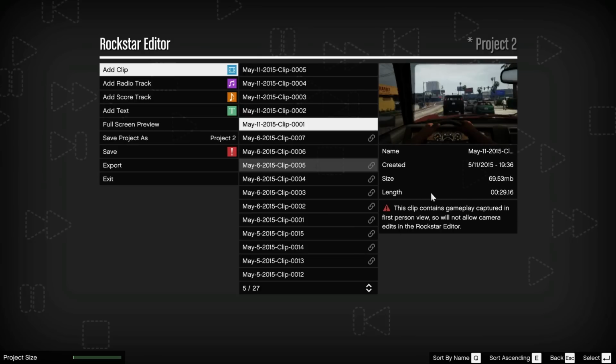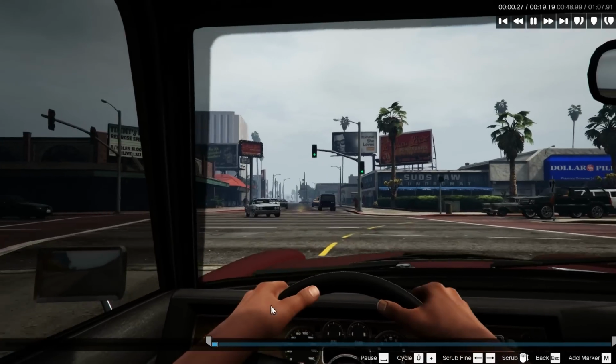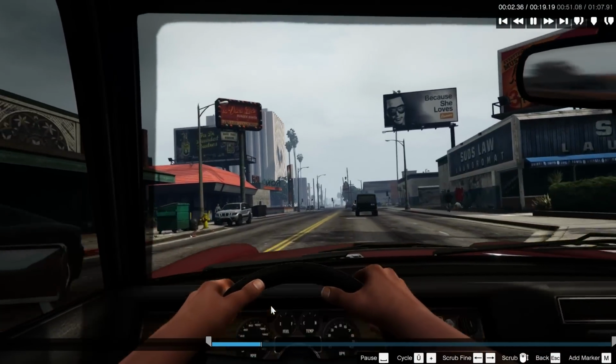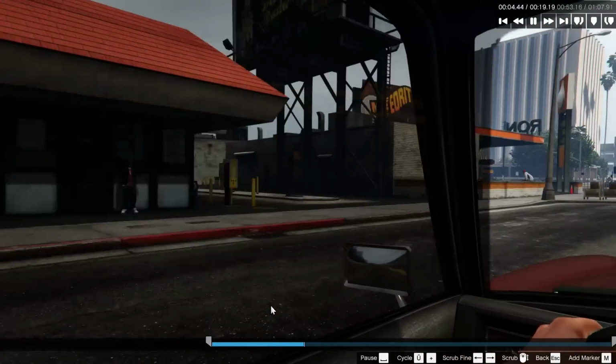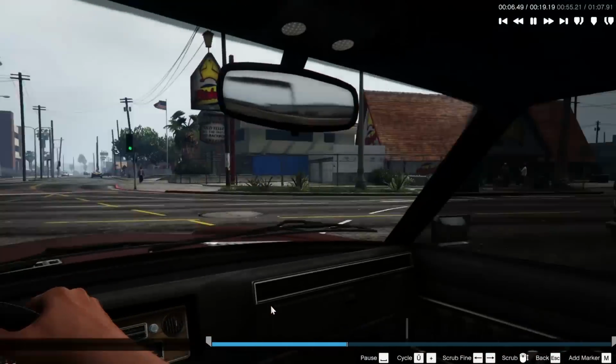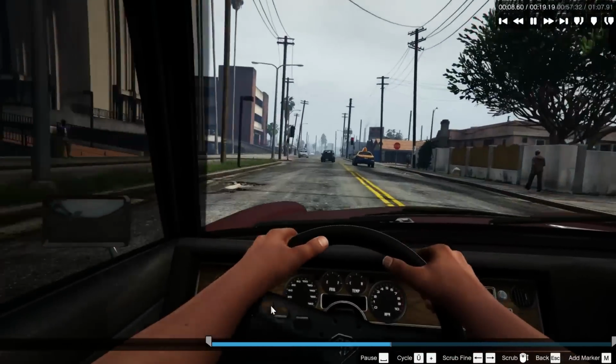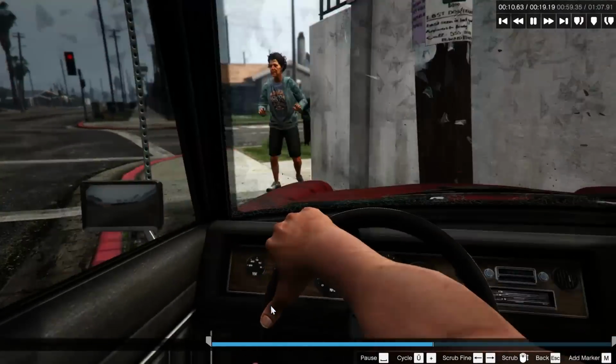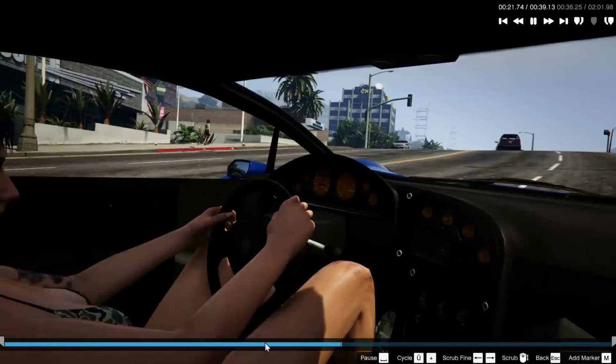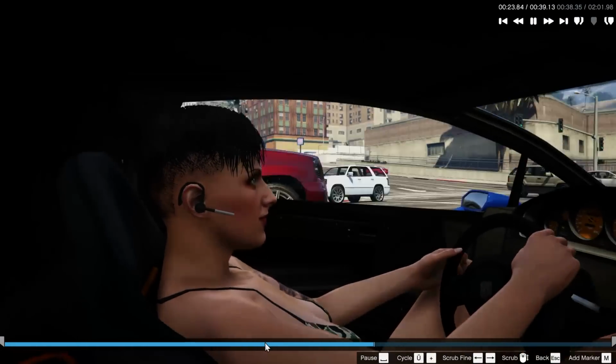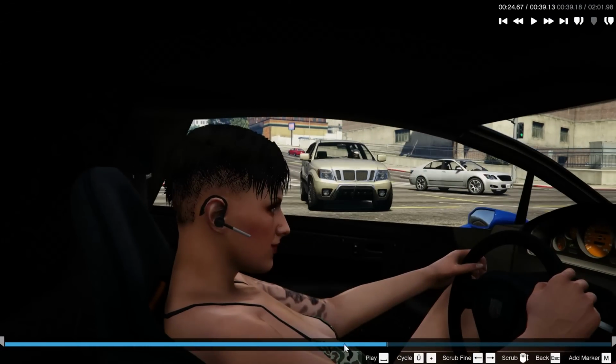Please note that while recording in this perspective you cannot change the camera in the editor later on, so use it wisely. This perspective is great for driving though, because it drags your viewer into the scene very quickly. Nonetheless, you should use this scarcely since you want to create a movie look, not a game look. It would be better to have another player sit next to you and get into first person view, just like a cameraman in real life would.